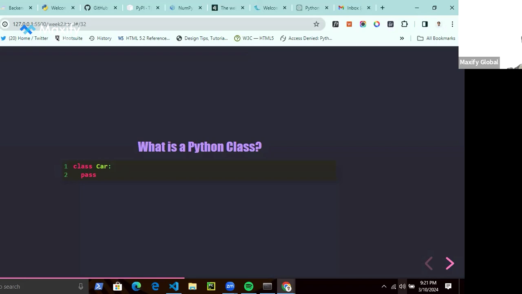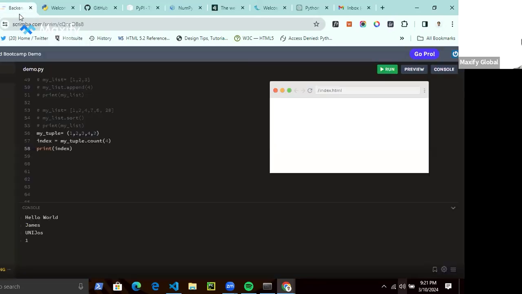And this is how to define a class. You use the keyword class, and then you pass in the name. So I need to use the keyword class car.